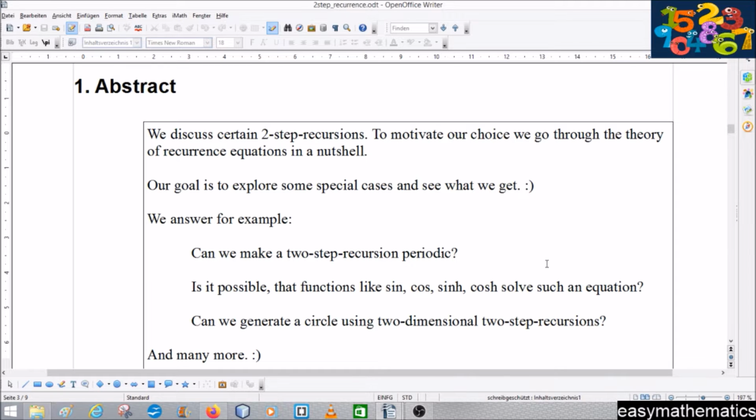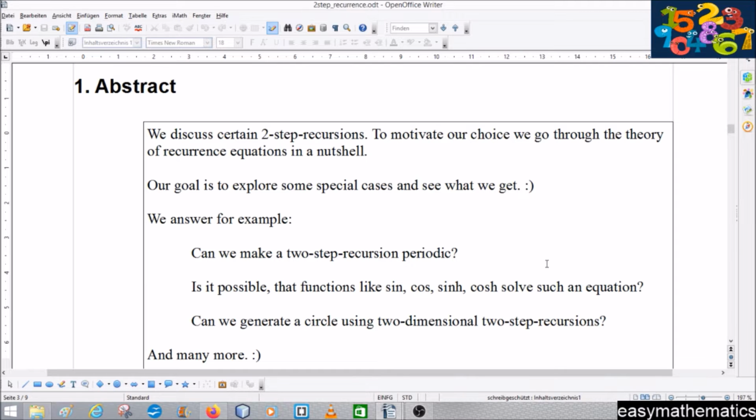We discuss properties of recurrence equations only in a nutshell, and our main target is to answer the question if we can make a two-step recursion periodic. So is it possible, for example, to generate functions like sine, cosine and the hyperbolic cosine, the trigonometric functions? And then we go into two dimensions,